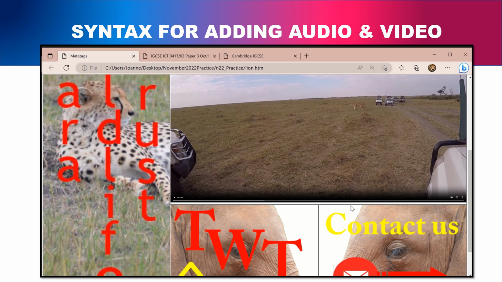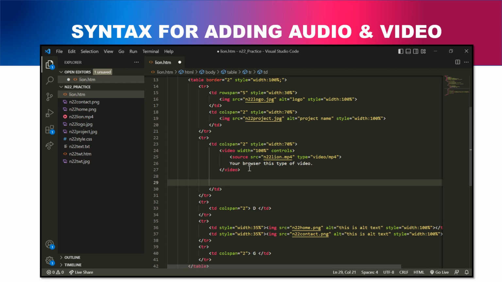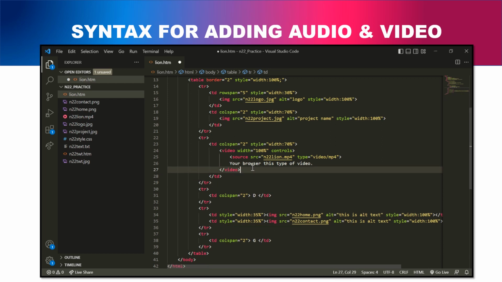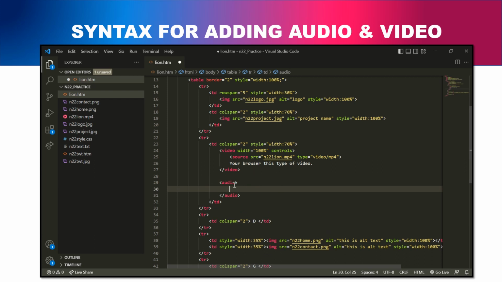Now audio, we can even add audio in HTML. So audio also works in a similar way, and the tag for adding audio or sound clips is the audio tag. So I'll show you the syntax of how to add an audio tag. Since we don't have an audio file at the moment, the audio tag will go like this. Audio, again it has an opening and closing tag. For audio we'll directly just say controls,